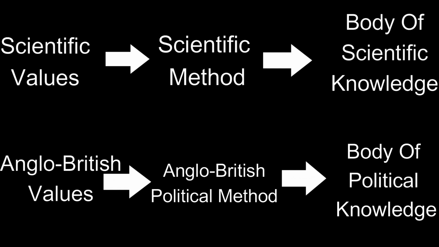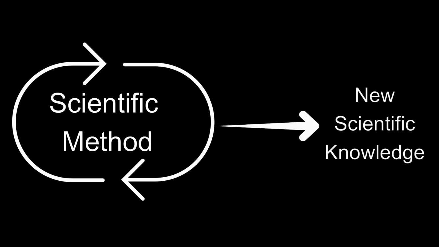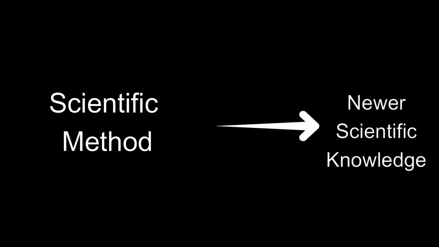A second analogy. The Anglo-British Constitution is entirely synonymous and works exactly like modern science. It is the political equivalent of modern science. At any one time, there is a particular body of scientific knowledge, and this knowledge is derived via the modern scientific method. Now, what's more important? What is more fundamental and useful? In fact, what makes that knowledge reliable? Is it the body of knowledge itself, or the method that produced it? Well, in a few decades, that body of knowledge will have changed. And it will have changed because the scientific method continues to operate, and thus learn, and thus update the knowledge.